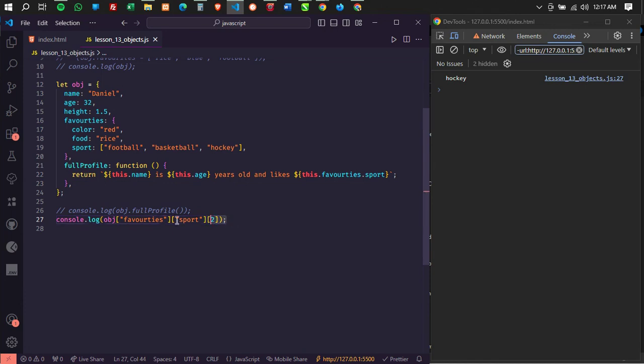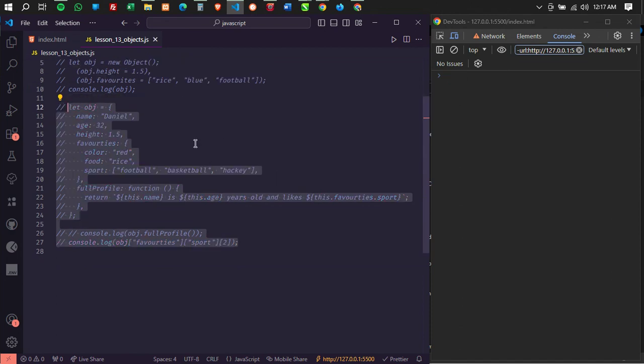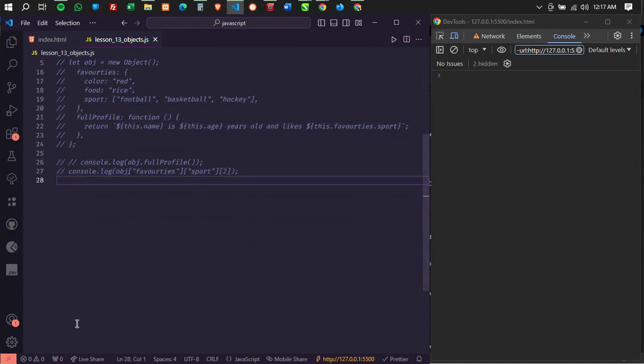All right, another thing which we can do with an object is to create an array from the object. We can create an array from the keys in an object, or we can create an array from the values in an object. So what we can do is, let me just comment out everything, and then back here I'm going to